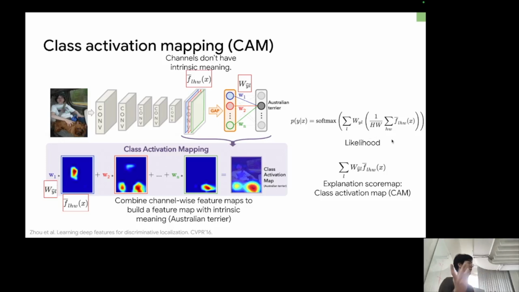If you write this down in an equation, you have F bar_LHW for the feature map, and then you're doing global average pooling, which is 1 over HW, and summation over H and W. And then you're doing matrix multiplication with W_YL, where you can also plug in Y hat, the ground truth Y. And then you do softmax to get the likelihood of the ground truth class. Okay, given this model, how do you get the score map? And these people, Zhou et al., came up with this idea of